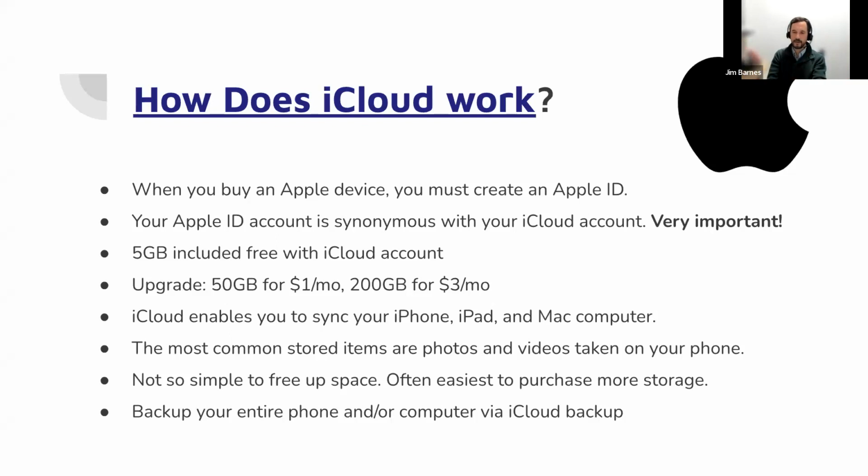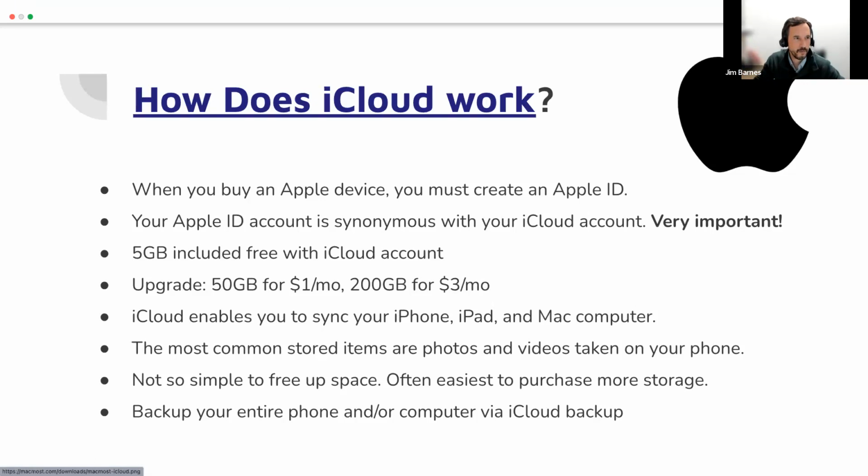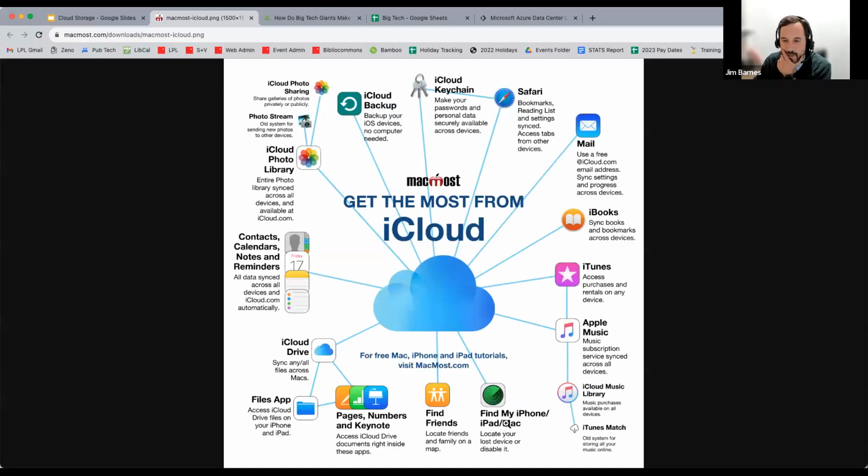There's an icon that's going to be on your phone and your computer. Let's see if I can find it. I keep jumping back and forth here. There's an icon that's called backup, and you can back up straight to the cloud. Let's see, where is it here? Right here, iCloud backup. So if you're using iPhone or Mac, that app will be on your phone. And there's a few settings, but it's actually pretty easy to use.